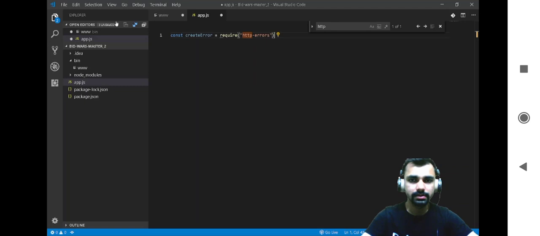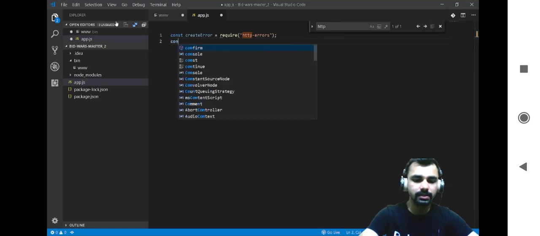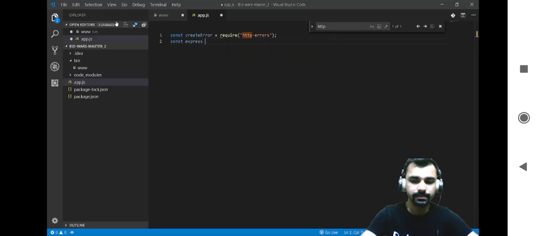Let's make errors. After that, const express equals require express. const path